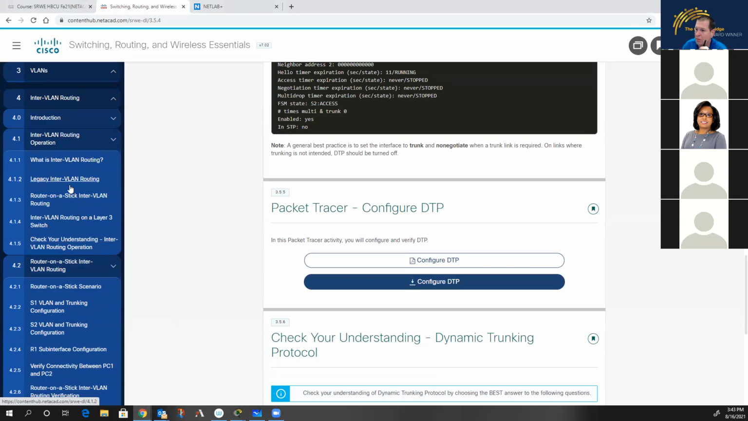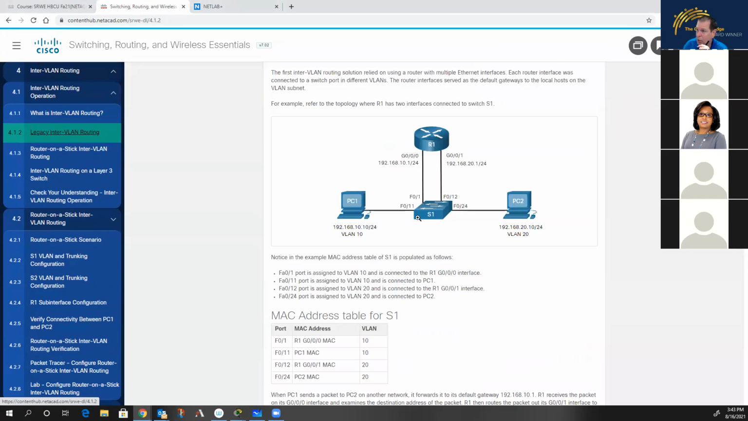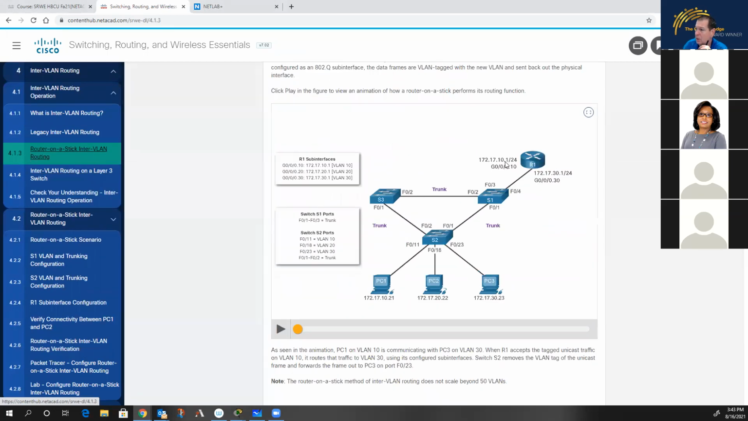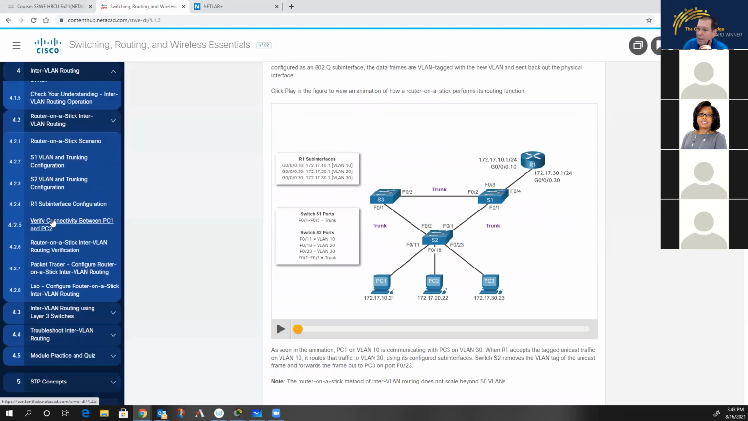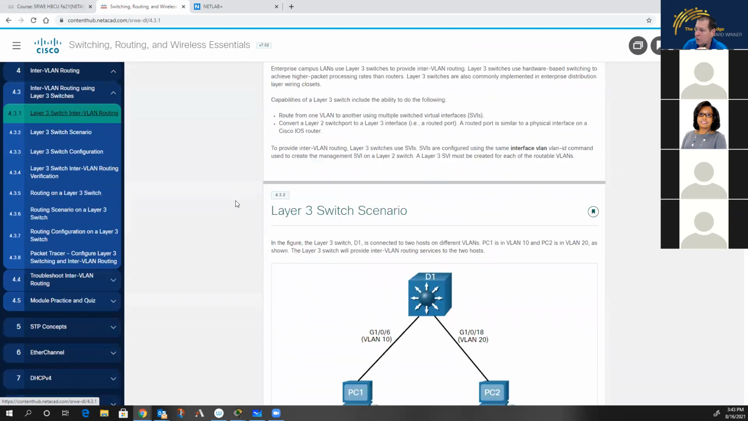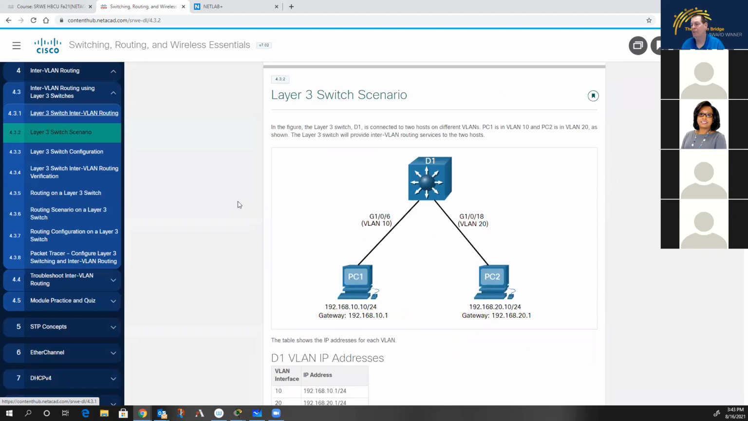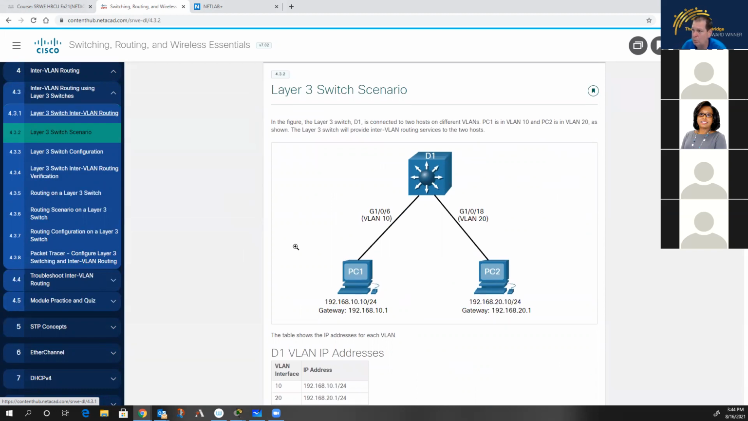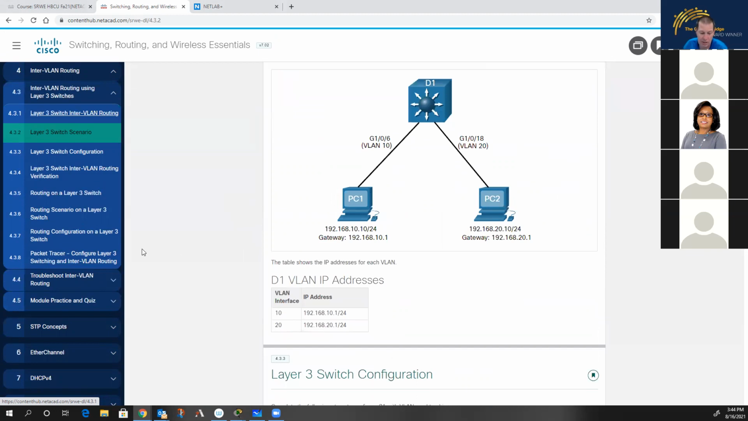Okay, so we've got our legacy inter VLAN routing, which requires a port per VLAN. We've got our router on a stick, which lets us do sub interfaces. And then there is another thing we have, and this is a layer 3 switch. There are switches out there that support the ability to create switch virtual interfaces and to route between those interfaces. In fact, believe it or not, even our little 2960s can do this. But if I go into Packet Tracer,